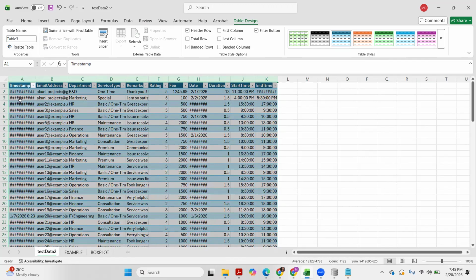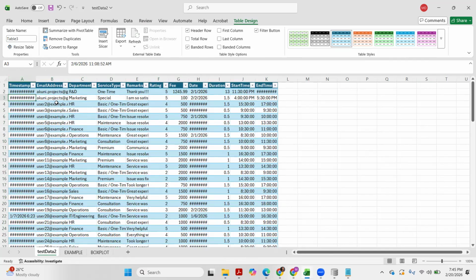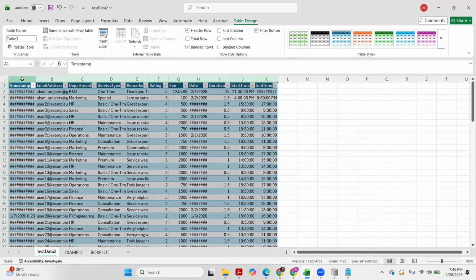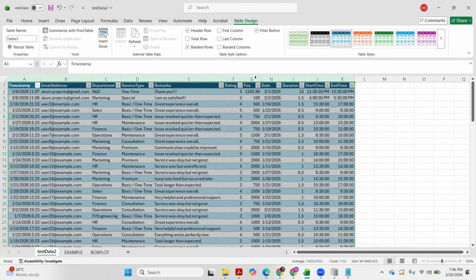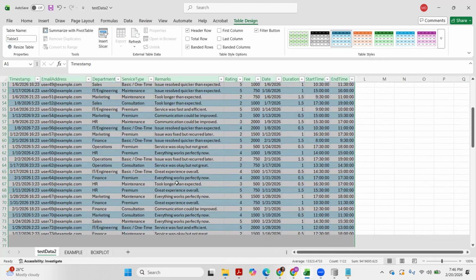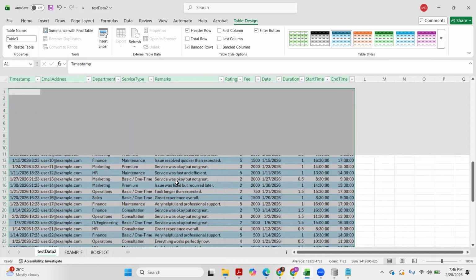To instantly resize our columns, just highlight all the columns, from A to K, and then select any of the divisions between columns. Once this black cross appears, you just double click and instantly everything will be automatically adjusted. As you can see, we no longer have a series of pound signs within our table.